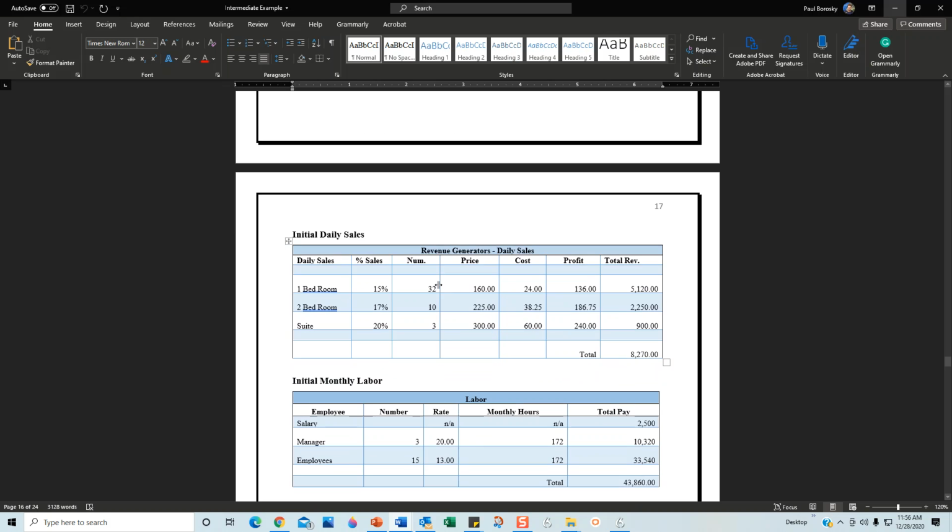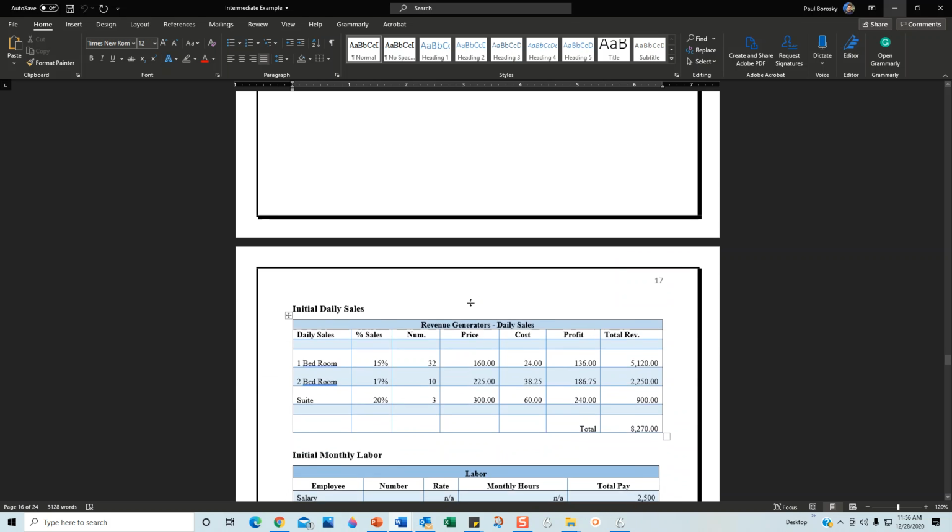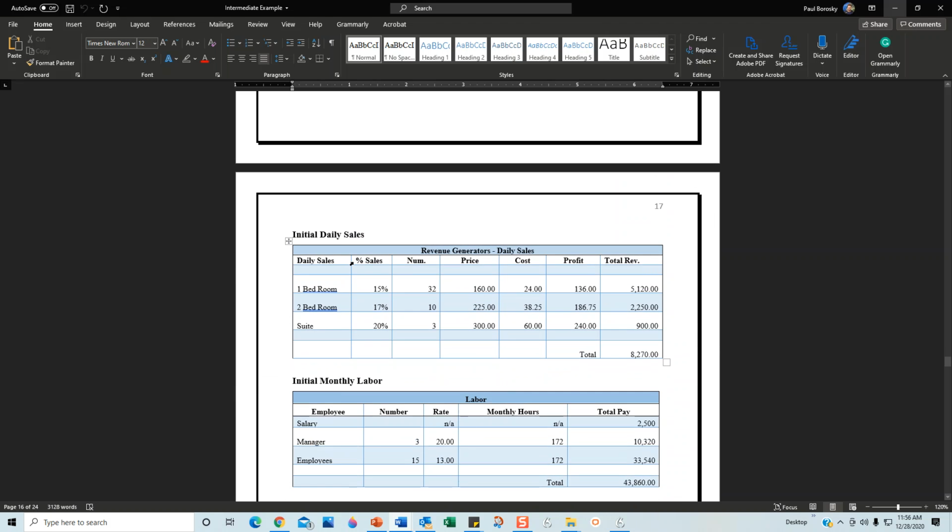Once I'm done with that, now we can start talking about a little bedtime story for our reader or our clients. Financials are one of the most difficult aspects of the business plan to understand, comprehend, digest, and make some determining factors based on what you've read. So I try to make the financial projections as simple as humanly possible. The first thing I'm going to do is break it into daily sales. Here are the daily sales that we anticipate our organization to be able to reach in day one.